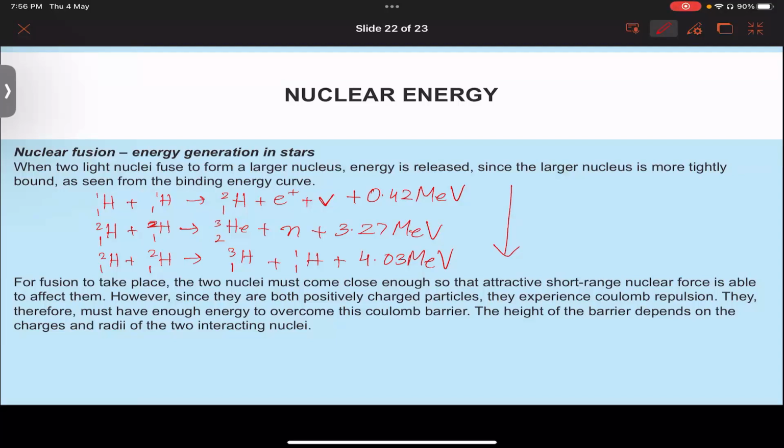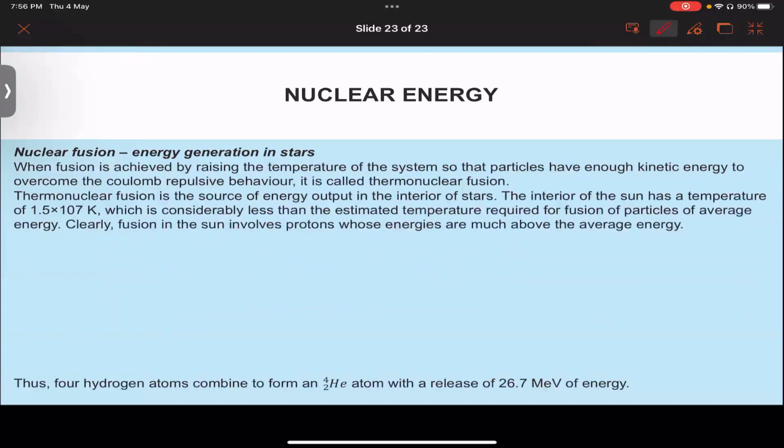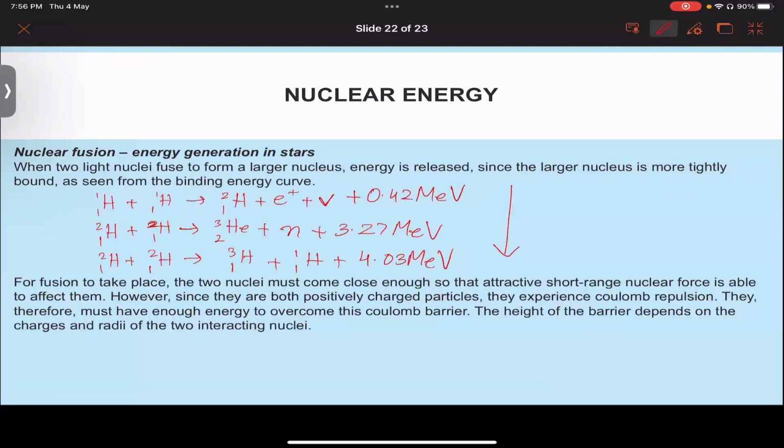Okay, and when this fusion is happening and the energy is supplied, the energy can be equivalent to the temperature. The higher temperature is then required. So you can have the estimate of the temperature that is required, where two protons in a proton gas would have enough energy to overcome this Coulomb barrier.